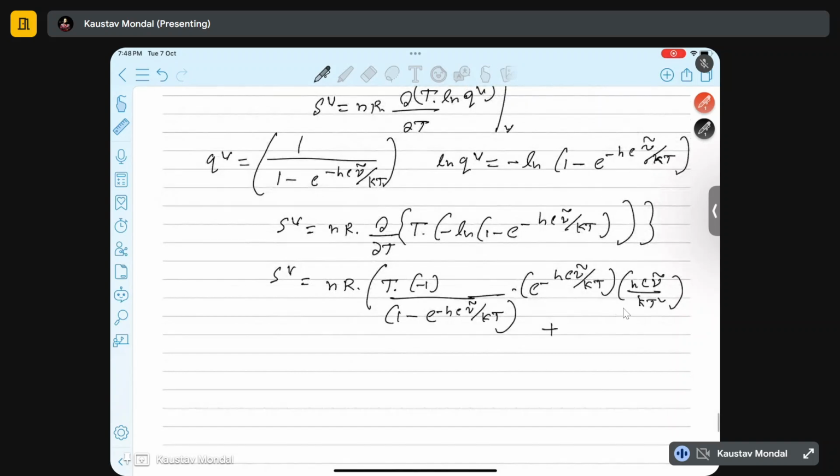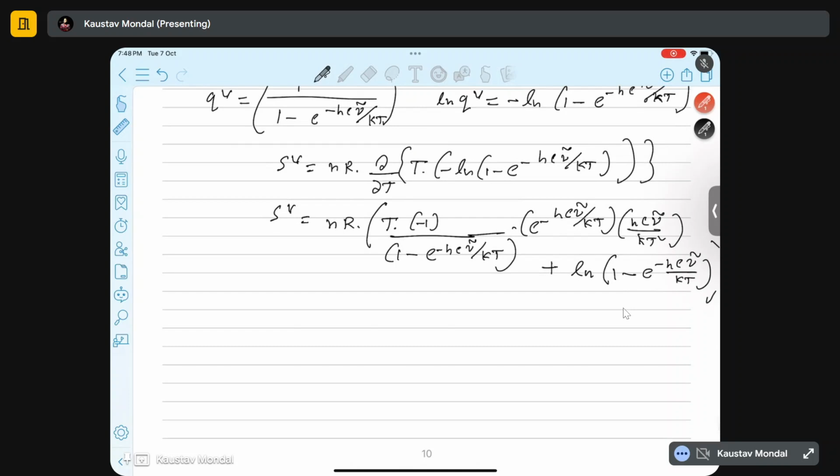Next derivative, just take the log term as constant and take the derivative with respect to T of T, and that gives you, so minus minus will become plus, so this gives you ln of 1 minus e to the power of minus hc nu tilde by kT only, right? Okay,